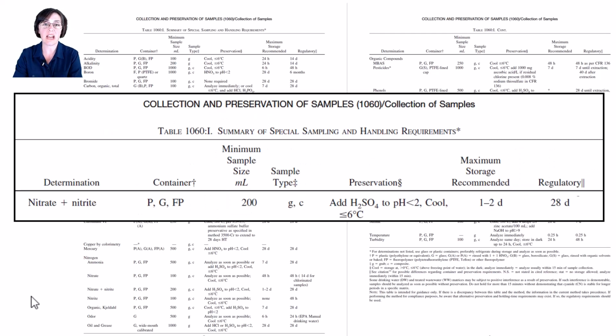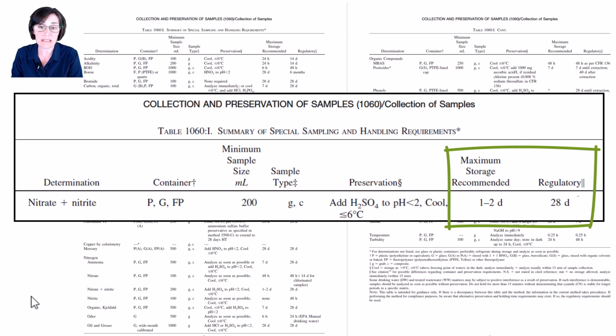Let's zoom in on nitrate, which in our lab we analyze as nitrate plus nitrite, and you see the recommended preservation method of acidification to a pH of less than 2, or keeping the sample below 6 degrees Celsius. Ideally, you are able to analyze the sample within 48 hours of collection. That almost never happens in our lab, but we do aim for the regulatory maximum storage of analyzing the sample within 28 days. Note that regulatory column is really important for point sources like wastewater treatment plants who have strict reporting terms on their legally regulated discharge permits.